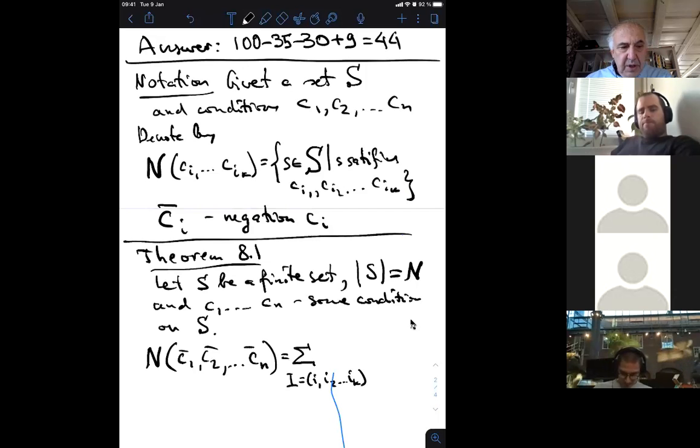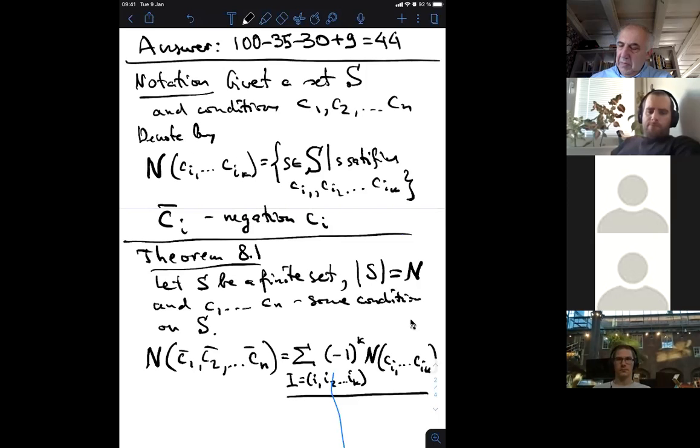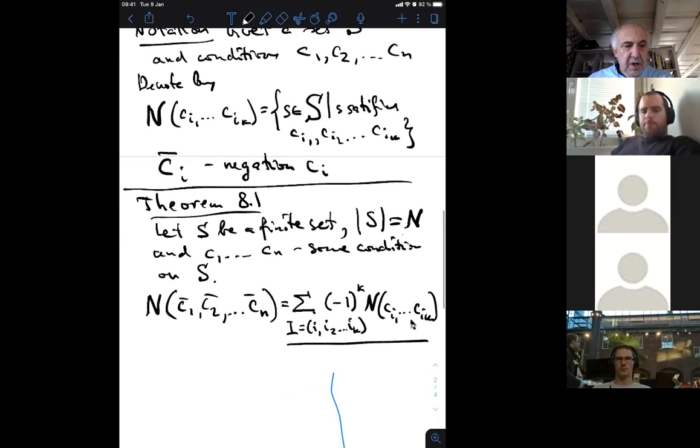So the total number of these is k, so this would be minus 1 to the power k, and we should take N of C_{i1} and so on, C_{ik}. I hope I put it correctly. We'll check. So in other words, what I'm saying is,